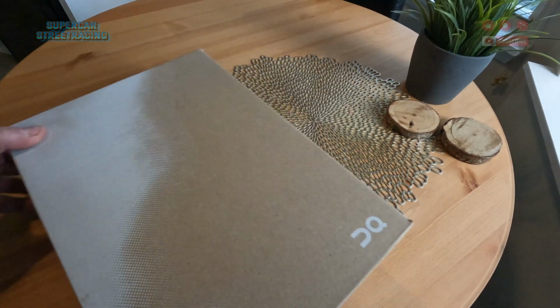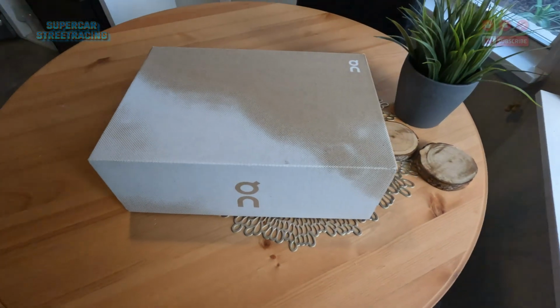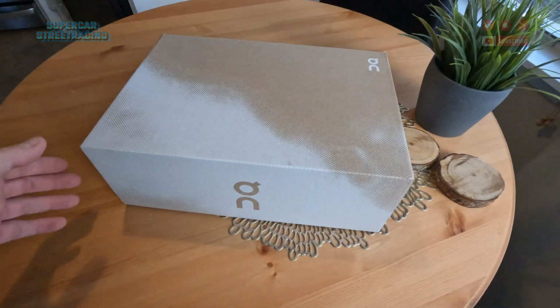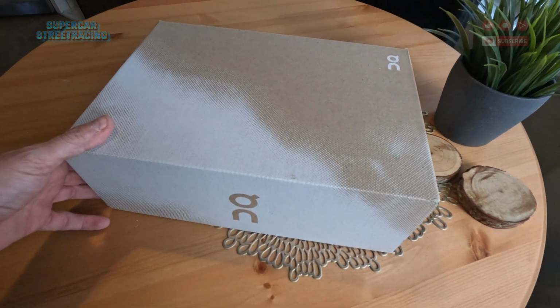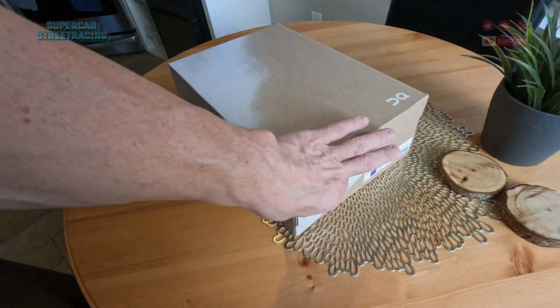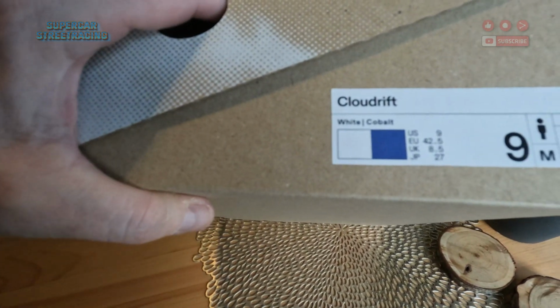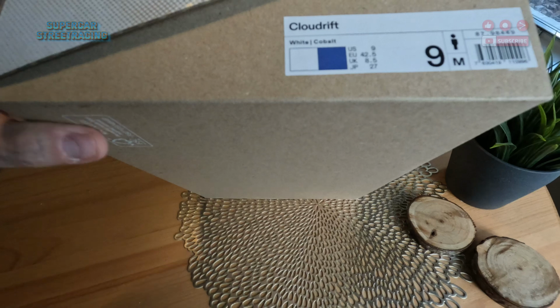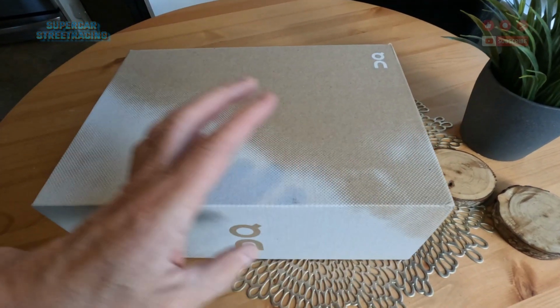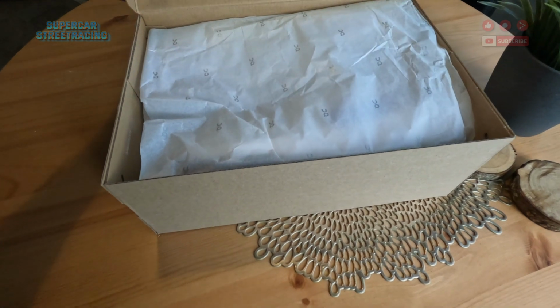They just came out of the bigger box where they've been sitting here on the Supercar Street Racing table waiting for you guys to unbox. So let's take a look at that right now. This cardboard box condom hides within it some Cloudrift white cobalt that I am super excited about getting and trying on for you guys. And inside this box we have a nice